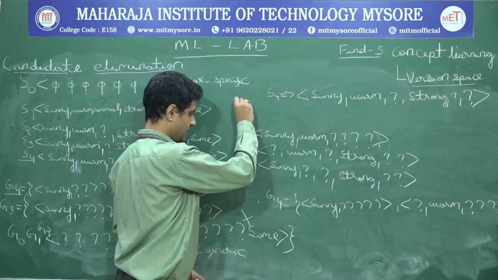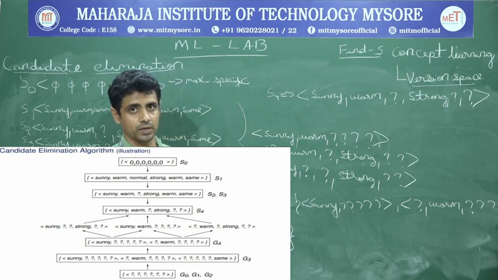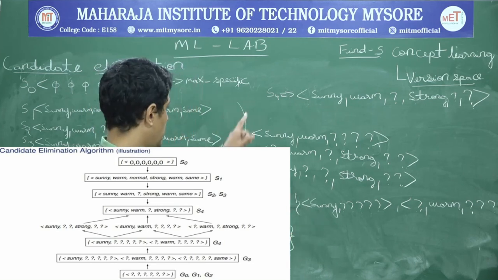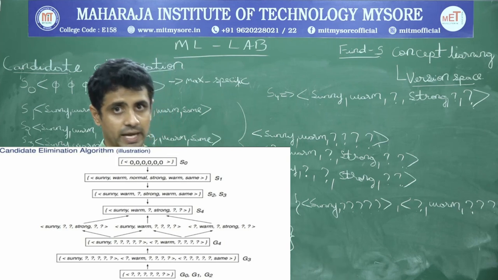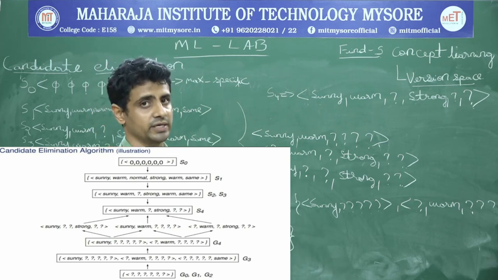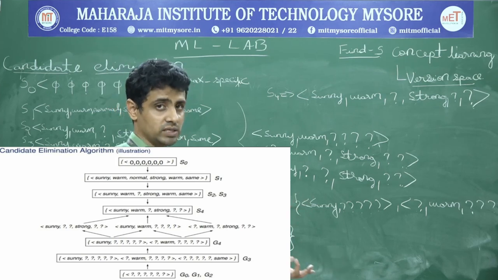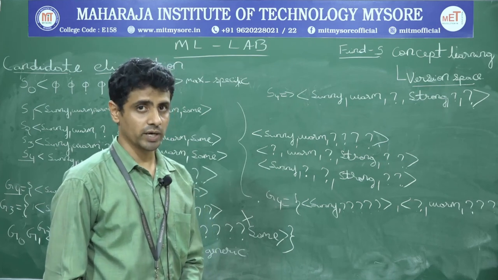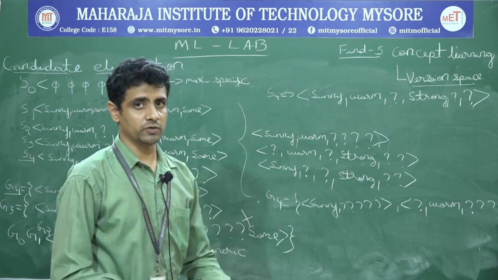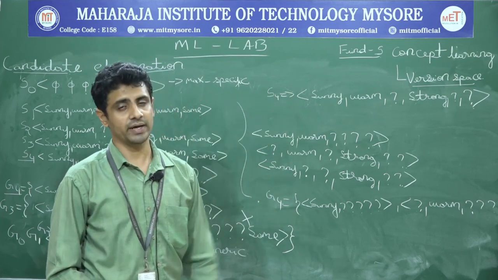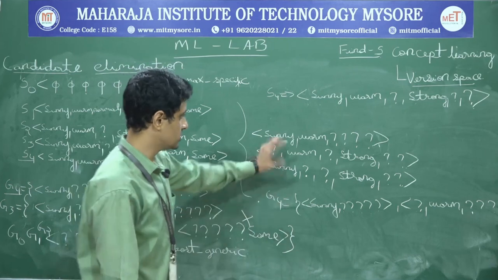So now this indicates my version space. What does the version space tell you now? It says that these are the possible hypotheses: 1, 2, 3, 4, 5. There are 5 possible hypotheses which can be used to classify, for the given set of training examples, whether the game can be played or not, because my training example is all about playing sports. So if I give any fifth example to classify, I will use these 5 hypotheses to classify it as positive or negative.